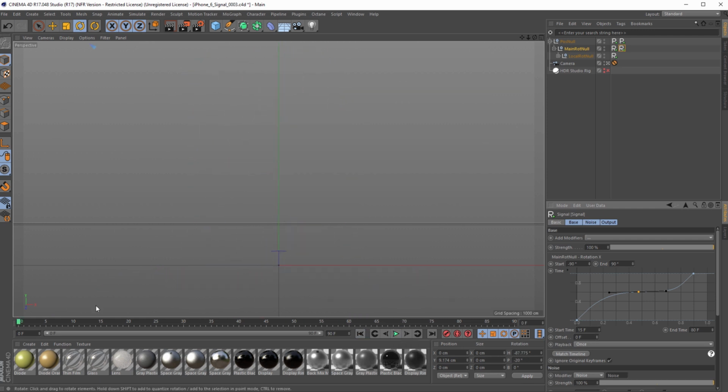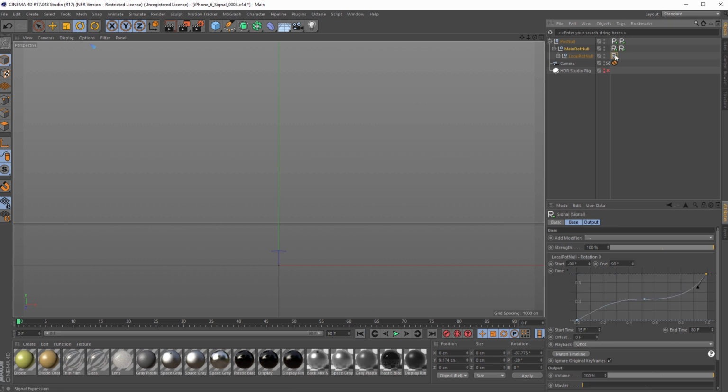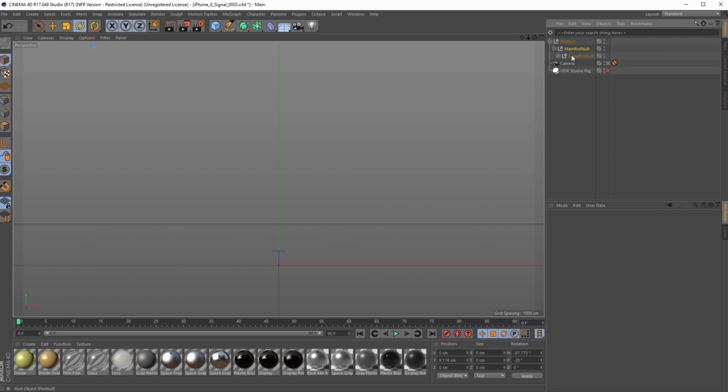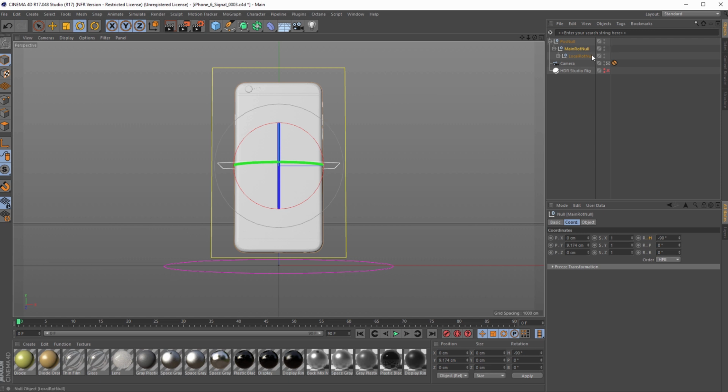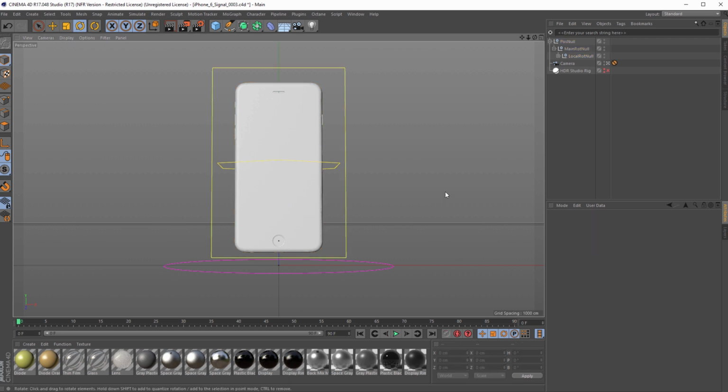Okay, so let's say that's cool. We got our fly in and our fly out working. How else can we use Signal in this rig to do some interesting animations? Well, let's go back to the beginning. I'm just going to delete all of these signal tags, and we're going to go back to our zero point. I'm going to grab all, zero out everything, and zero this guy out. Oh, actually, he's perfect. Okay. All right. So we've got our rig,